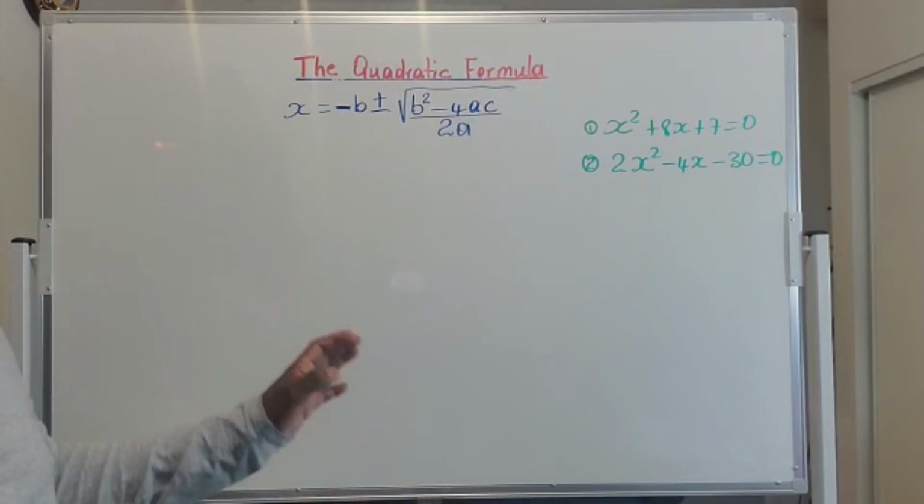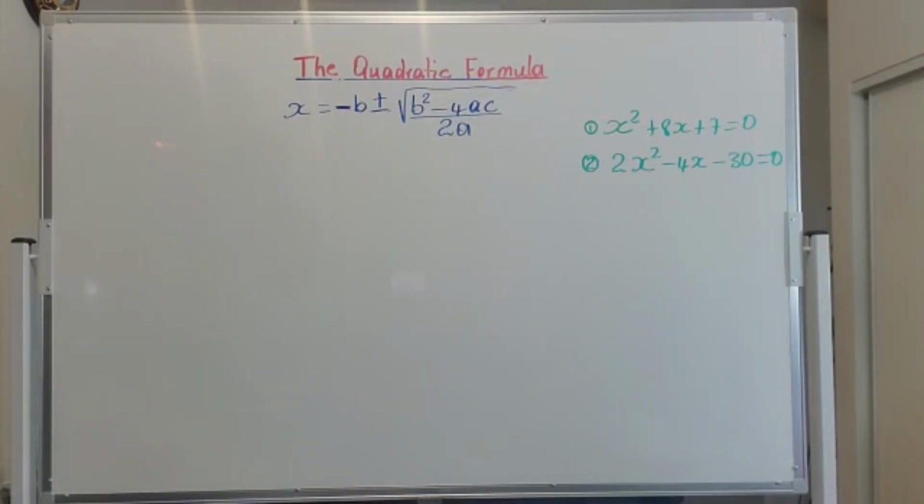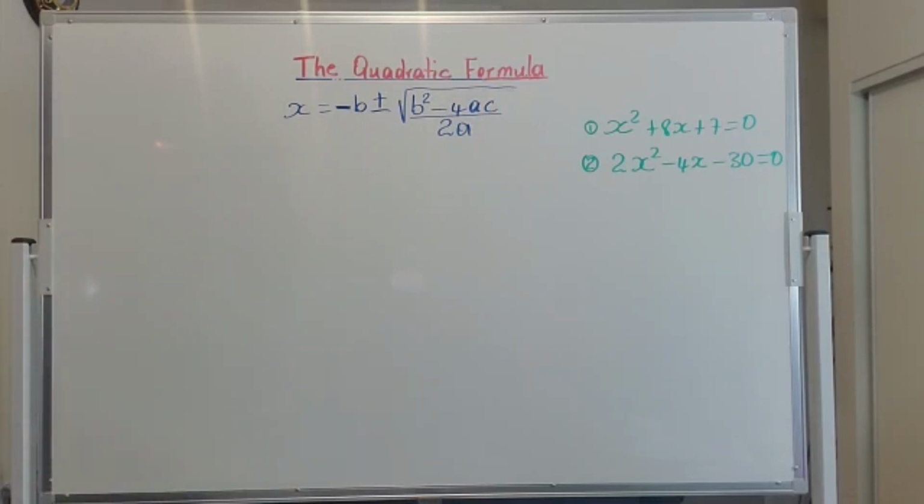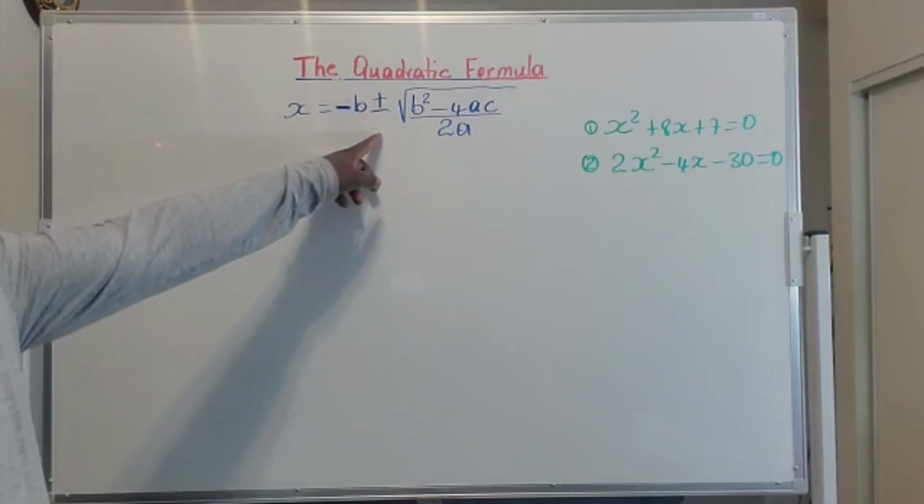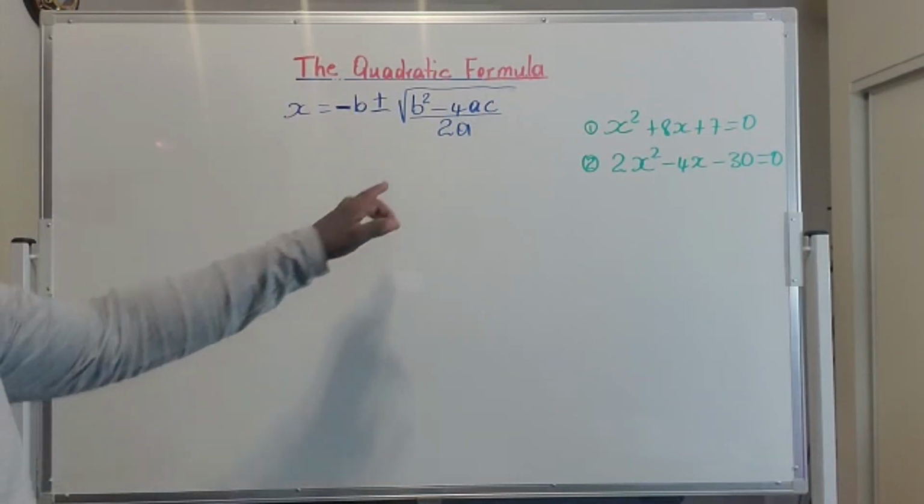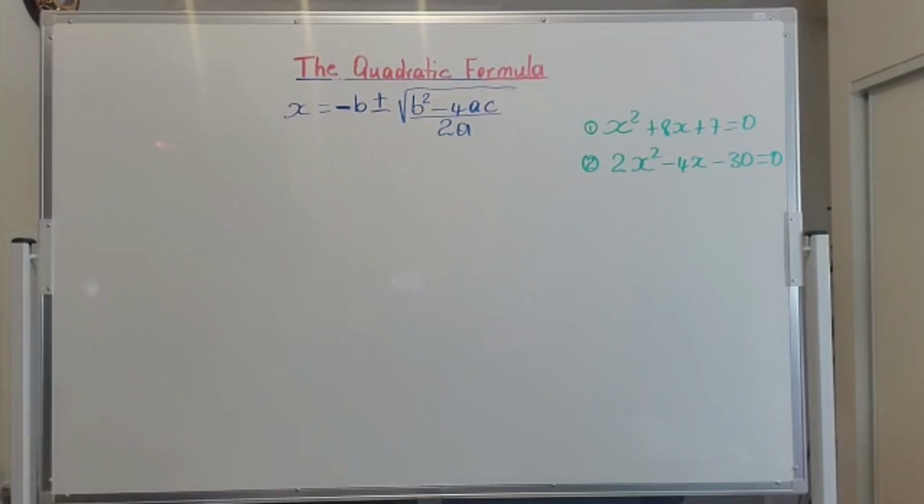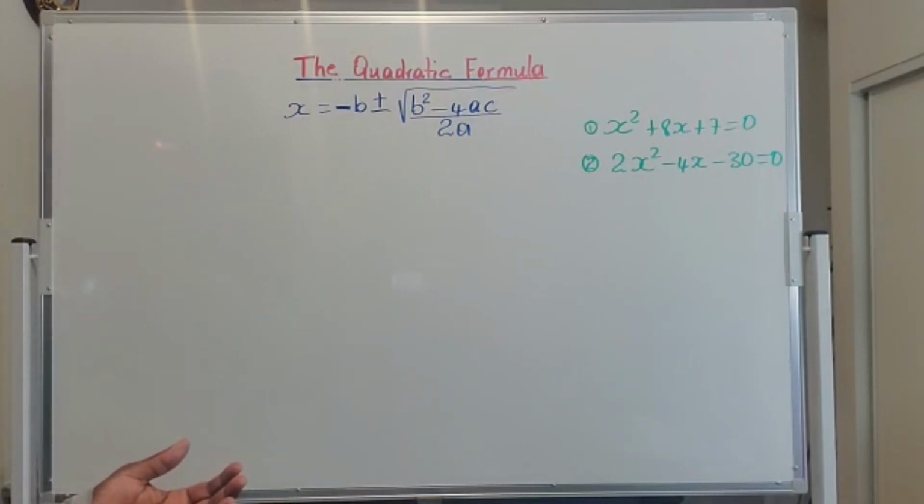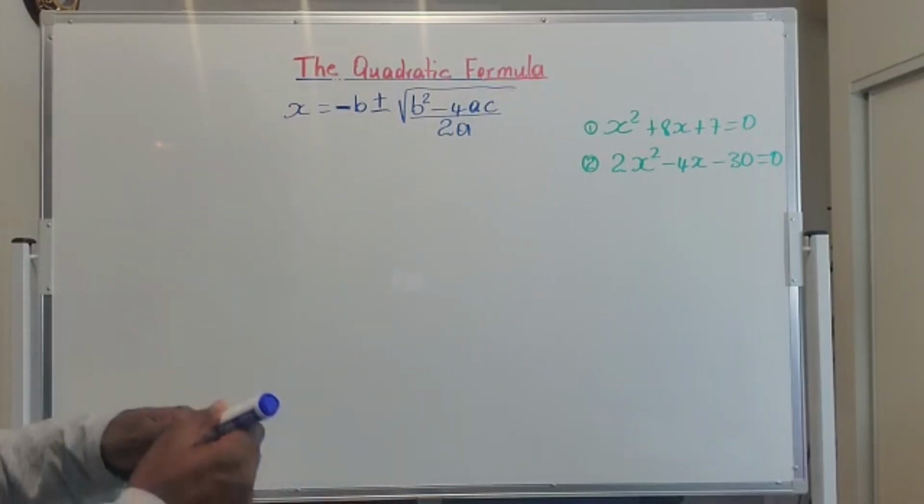So we want to find what the two values of x are. The formula says x is equal to negative b plus or minus the square root of b squared minus 4ac all over 2a. And I know some may be wondering at this point, the example that we'll be working